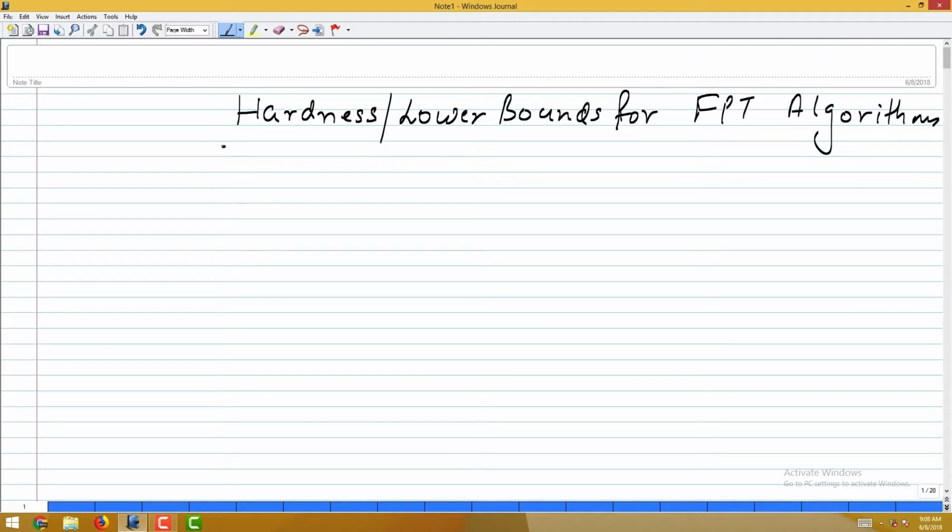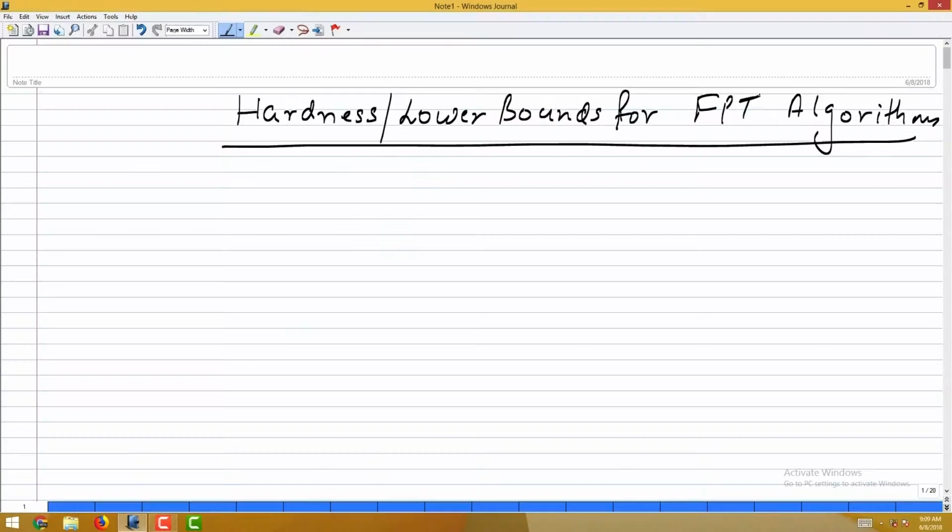But even before talking about hardness, let's talk about some algorithms. We all had seen a vertex cover algorithm almost every day, probably except yesterday. We saw a kernel for vertex cover. We saw a branching algorithm for vertex cover. Iterative compression also went through vertex cover, right? We saw a k-square kernel for vertex cover. We also saw a 2k vertex kernel for